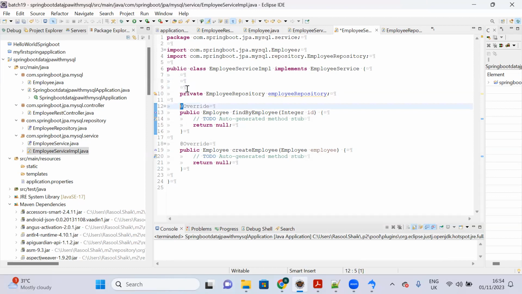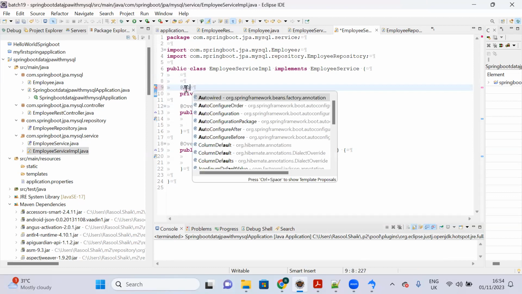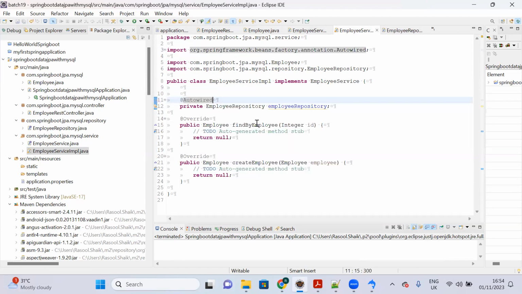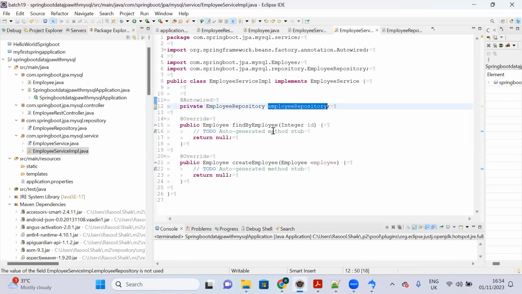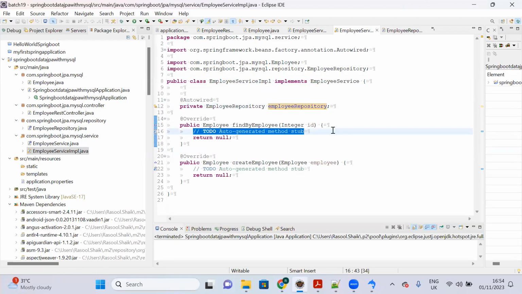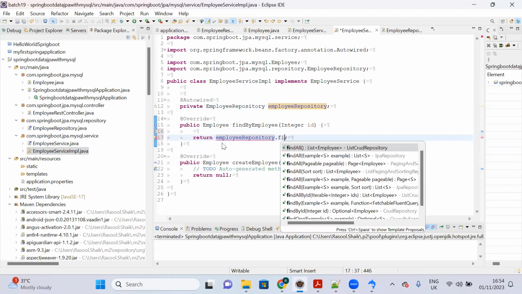So let me give @Autowired. The moment we declare @Autowired, the Spring container will create our employee repository. That's it, guys. Very, very easy. Now we can call all the methods. So here, findEmployee. What do we need to do? employeeRepository dot